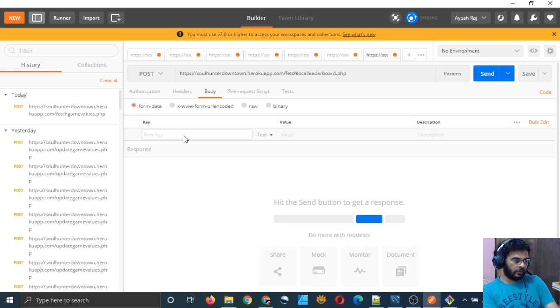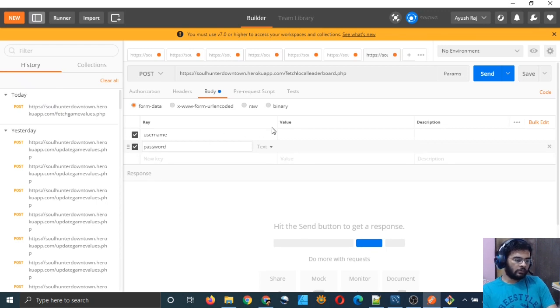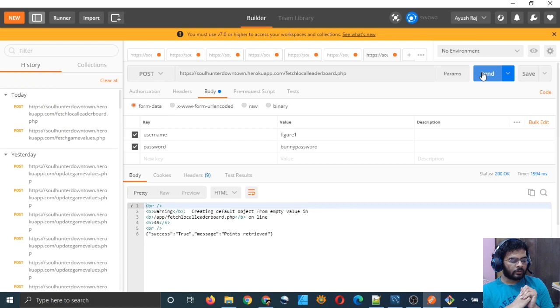We will just be sending username and password. Username should be figure1 and password is bunny password. Let's send it and hope for the best.